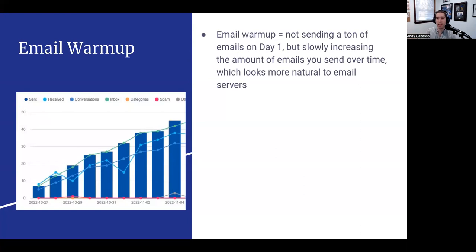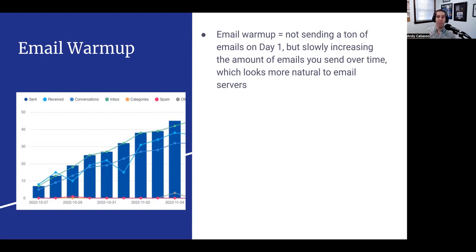There are many things that can affect this, but basically the reason you could end up seeing bad deliverability is that you start with a brand new email and just start sending 50 to 200 emails a day, and right out the gate, that's going to look suspicious to Gmail, Microsoft, Zoho, and all the providers.